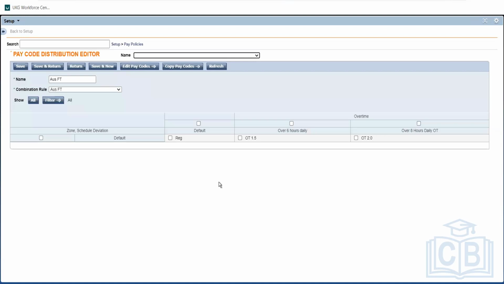So now, clear how our system looks like. Normal hours, we are paying regular. Once he crosses 6 hours, we are going to pay him OT 1.5. Once he crosses 8 hours, we are going to pay him 2.0. Yes, Abhi, clear on this? Yeah, that's it. We have given a name, we have picked the combination rule,